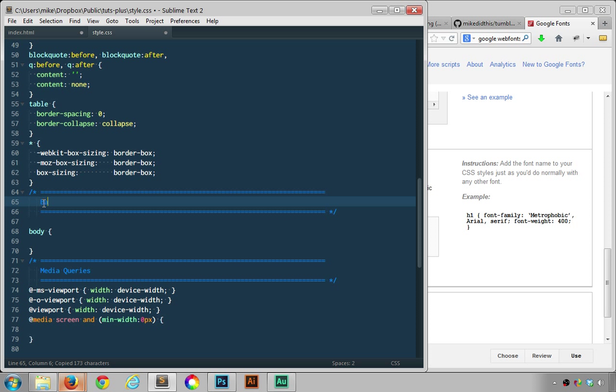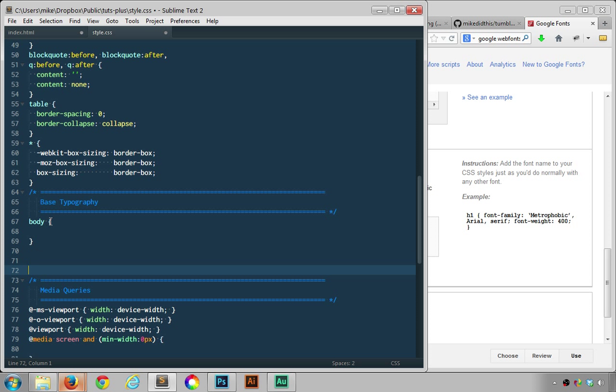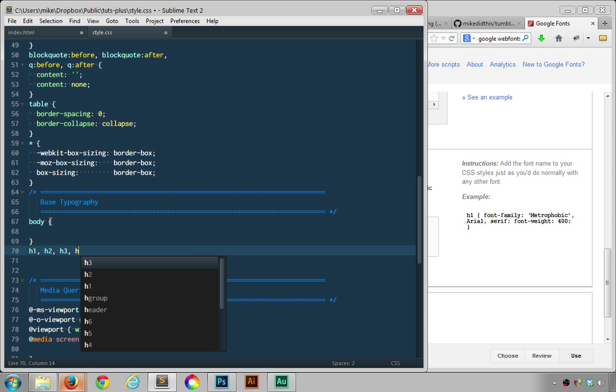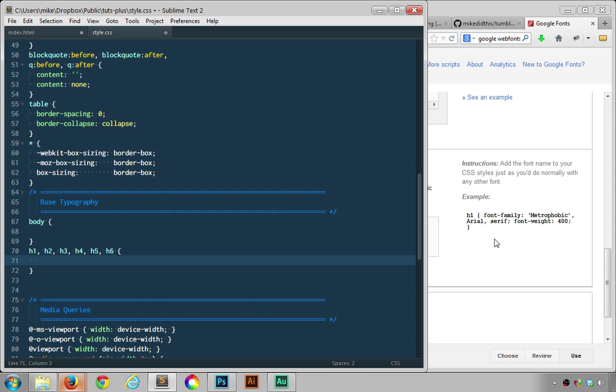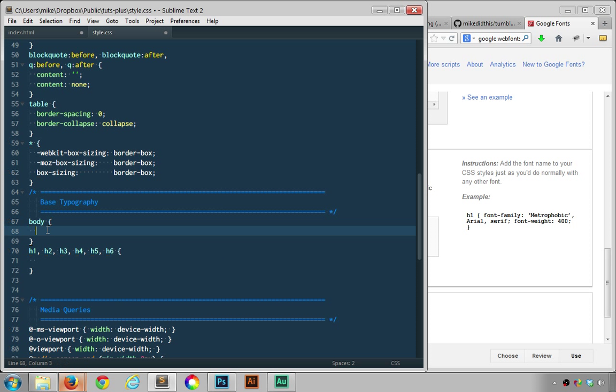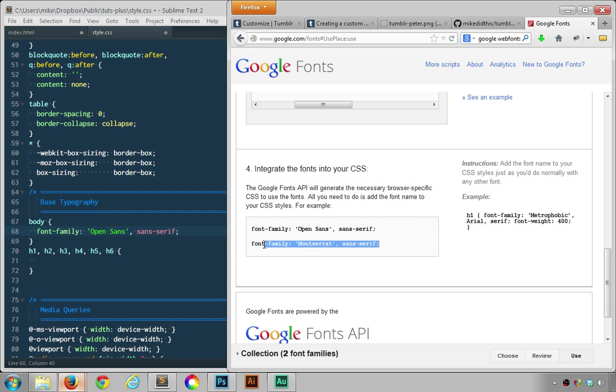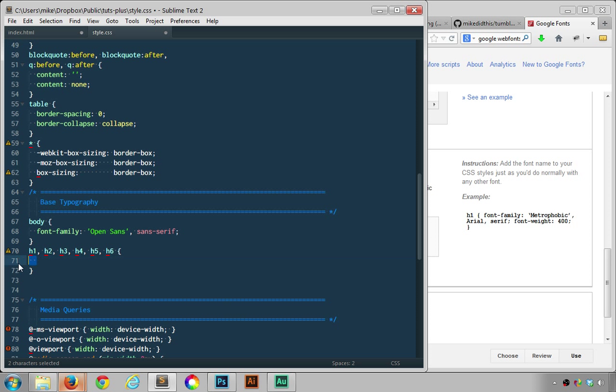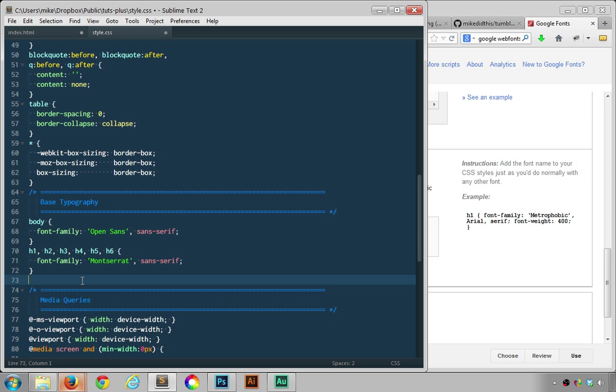I'm going to call this base typography, base type, base styling, and then that's going to be for the body font, and then this is going to be for headings. So do H1, H2, H3, H4, H5, H6. Okay, so the font family for the body will be Open Sans, and then the font family for the headings will be the one that I can't pronounce, Montserrat. And then click Save. Now,